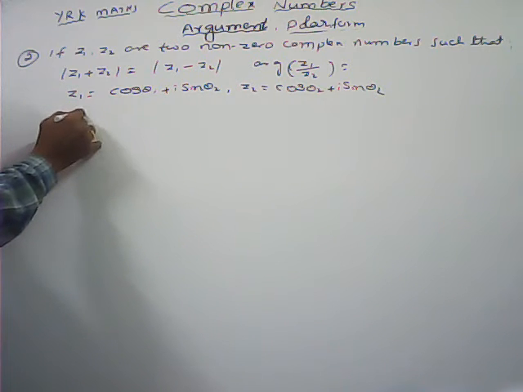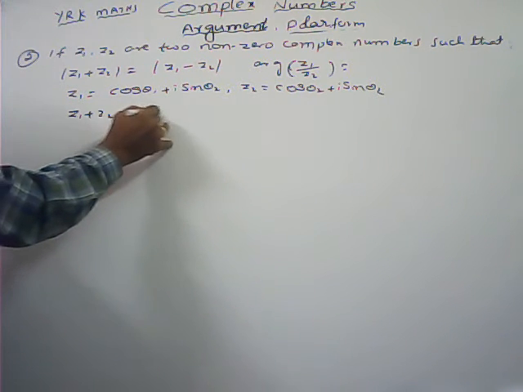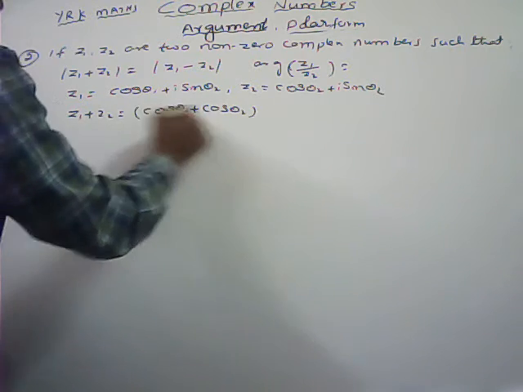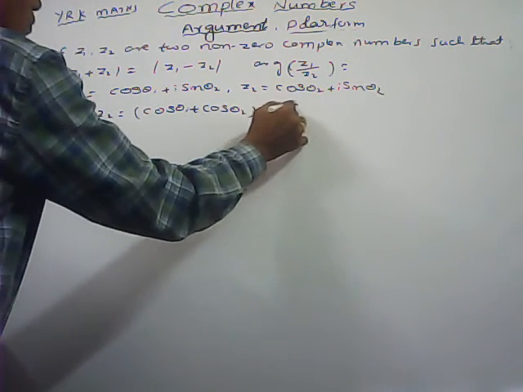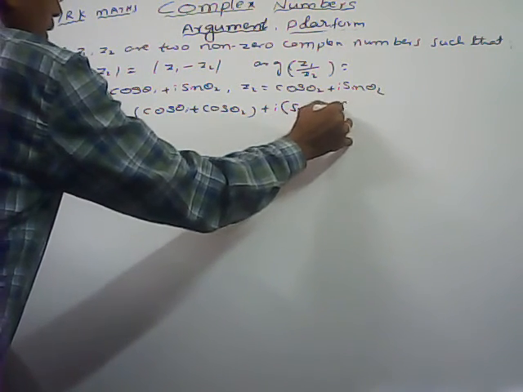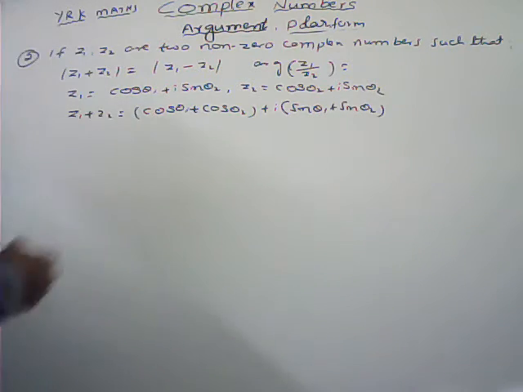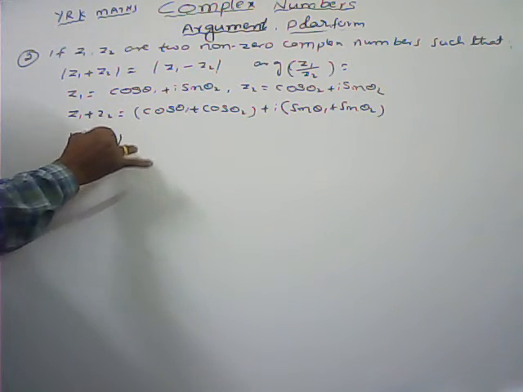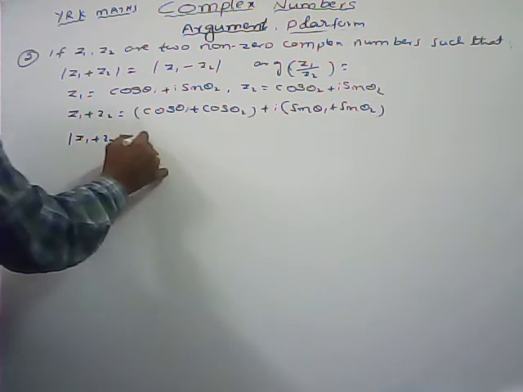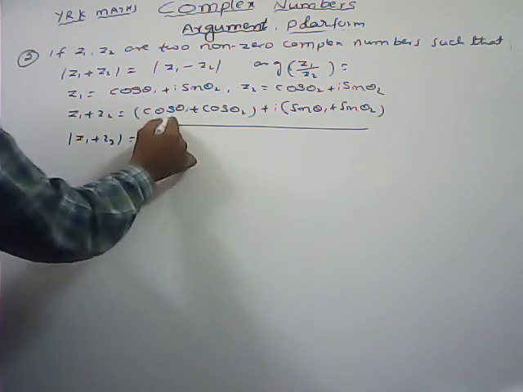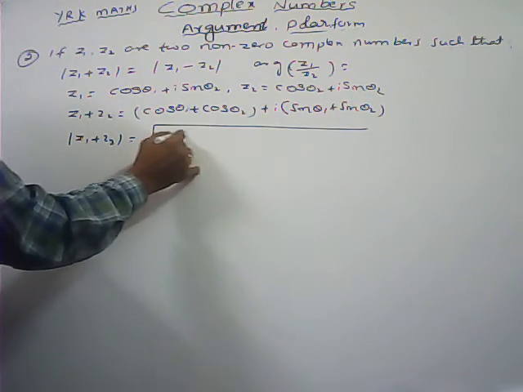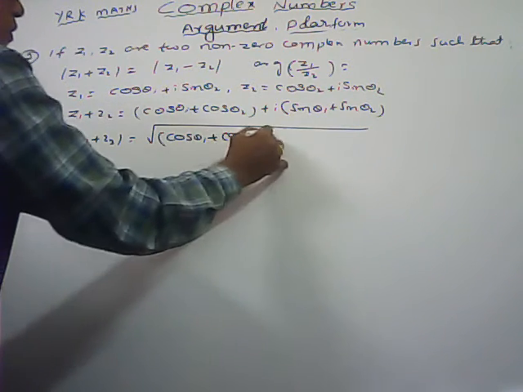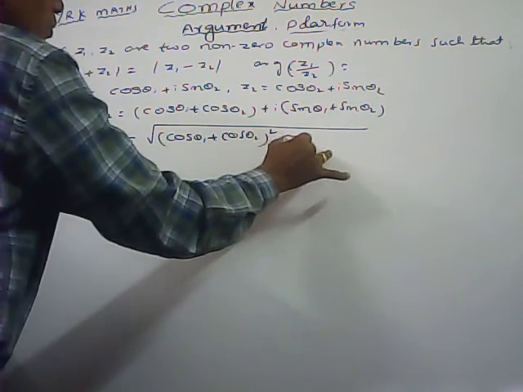Then what about z1 plus z2? That is equal to cos theta 1 plus cos theta 2 plus i of sin theta 1 plus sin theta 2. Now its modulus, already we have done in the previous problem also, that is equal to square root of this one whole square plus that one whole square, real part whole square plus imaginary part whole square,